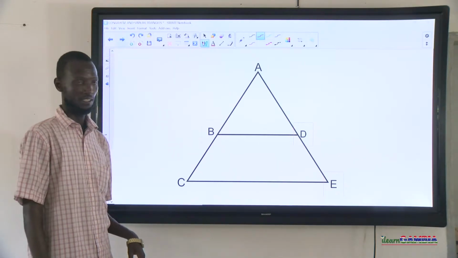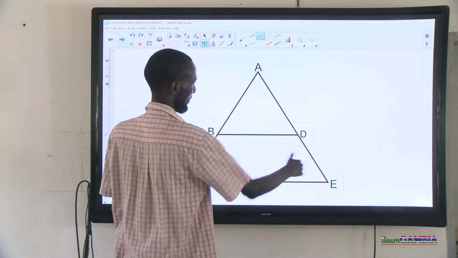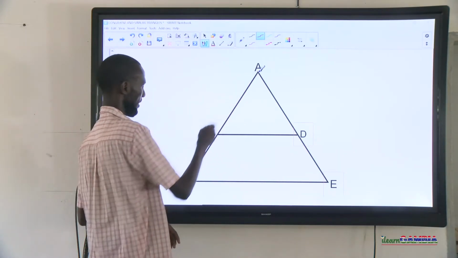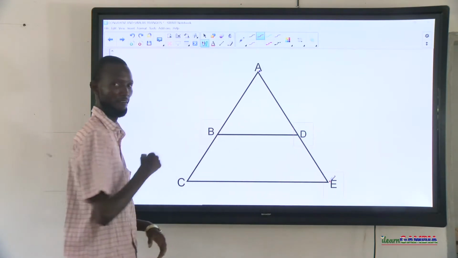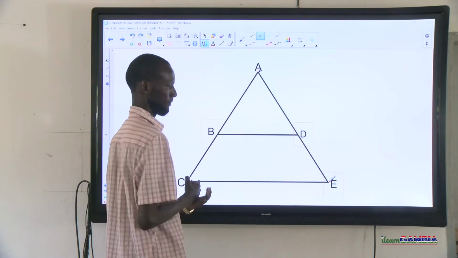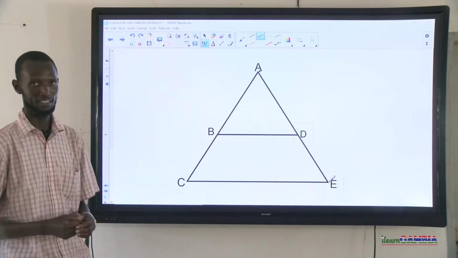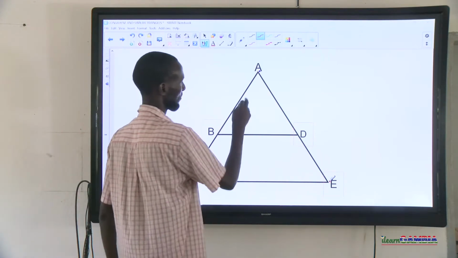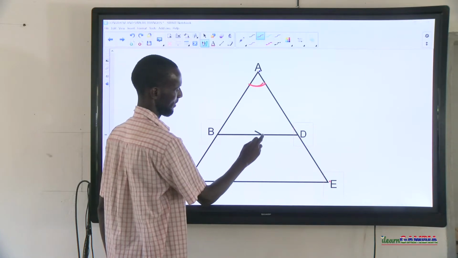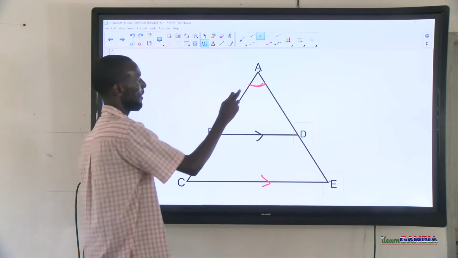But observe here, if you look closely, you will see that there are actually two triangles here, all right? One inside the other one. The bigger triangle here is triangle ACE. You can see that, all right? And then the smaller triangle is triangle ABD. Now we need to analyze and see if those two triangles are similar. How do we do that? First, let's look at angles. And by the way, this BD is parallel to CE, okay? That's the condition there. So if we look at angle A here,